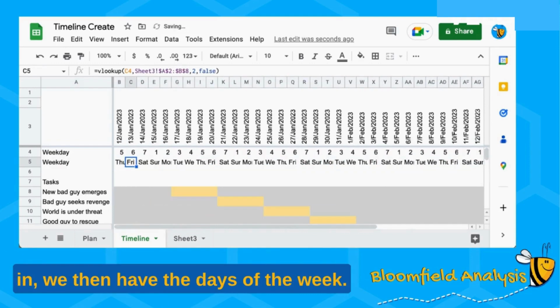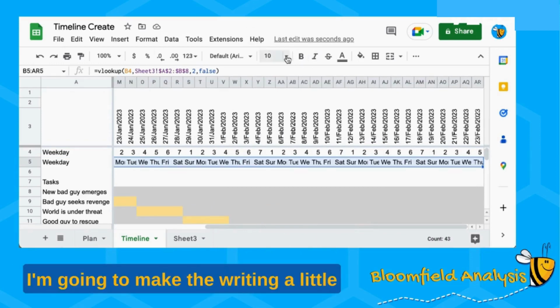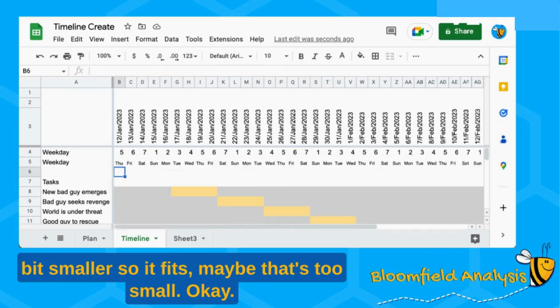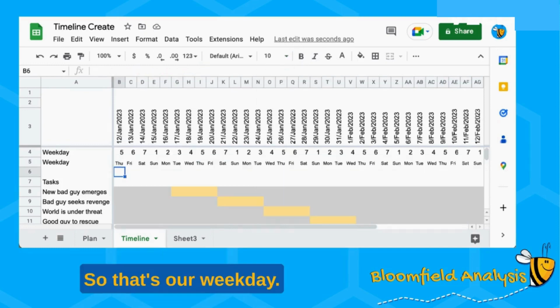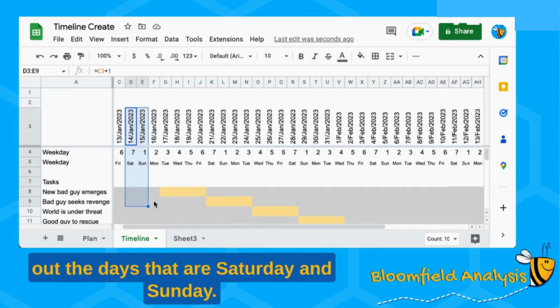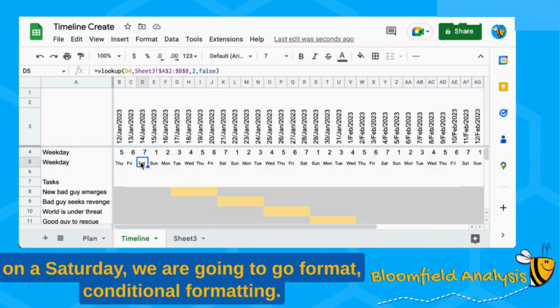We then have the days of the week. I'm going to make the writing a little bit smaller so it fits, maybe too small. Okay, so that's our weekday, and then what we want to do is grey out the days that are Saturday and Sunday. The way we're going to do that is, if we start on a Saturday, we are going to